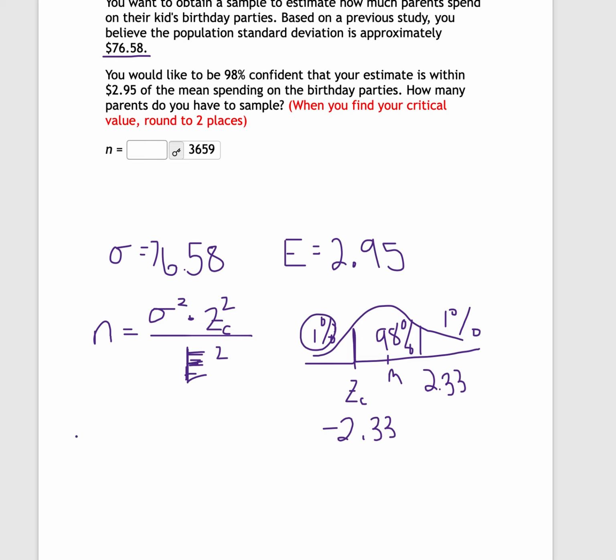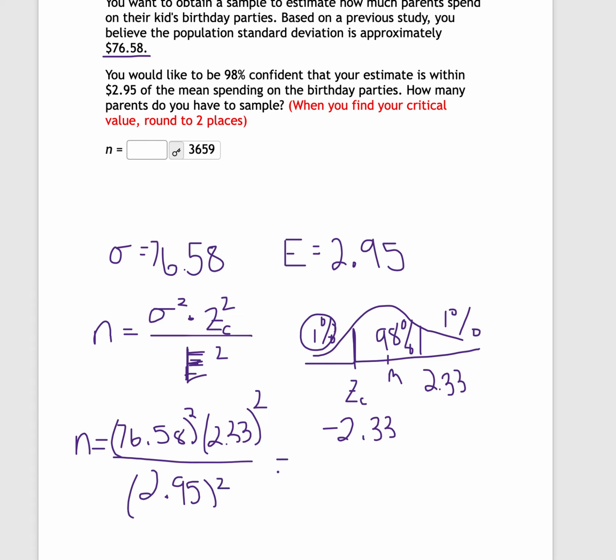So now I just have to plug everything in. So I plug in that my population standard deviation is 76.58. That needs to be squared. I'm going to multiply by my z critical, which is 2.33. I'm going to square it, and then I'm going to divide by my error squared, and the error, our wiggle room, we want it to be within 2.95. So down here I'm going to put 2.95 squared. And when I put all of that in on the calculator, I'm going to get